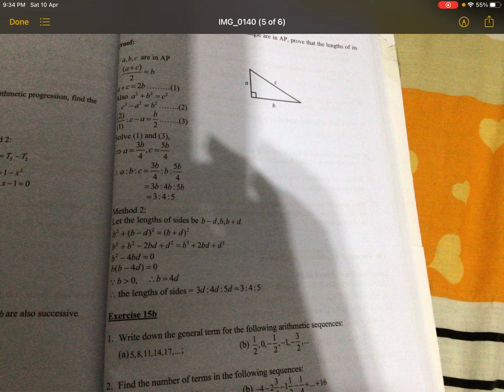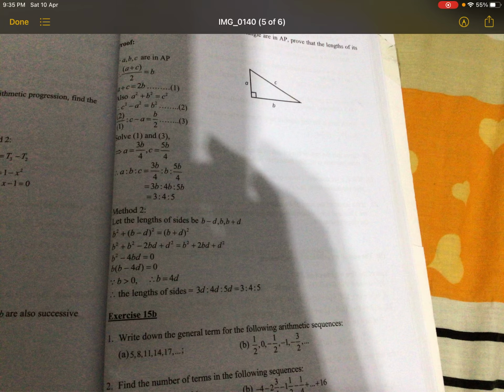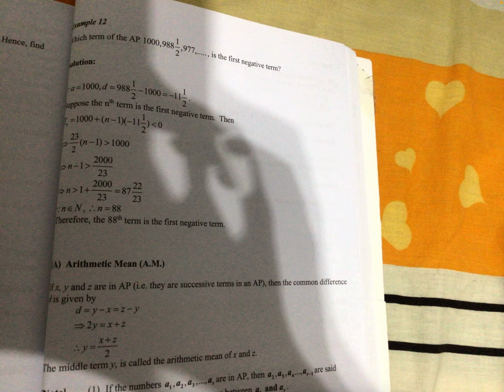So you can do the things that I'm not teaching in this video, and then you can also try and do the K-bar stuff. But if you don't know how to do the K-bar ones, the very hard ones, which involve AP, GP, and Sigma, then you can watch the video on my YouTube channel, which was a few days ago, I think. So I'm going to divide this into 3 stages: stage 1, 2, and 3. This is stage 2, and I'm going to discuss some of the questions in this. So the first one I'm going to discuss would be